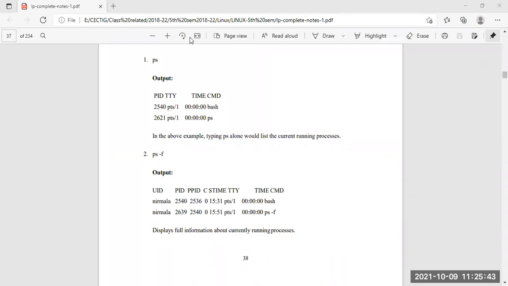Sir, why chmod use 666? As I said, 666 is the permission; it displays the file permission. 666 means all users can read and write but cannot execute the file or folder.